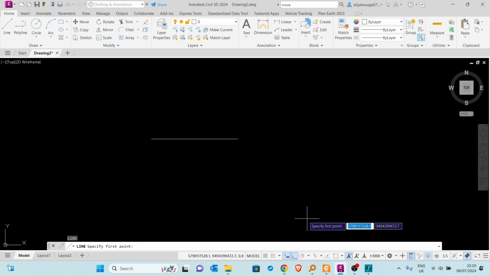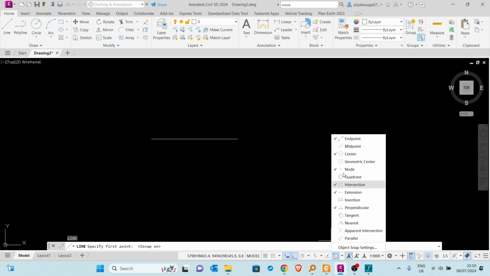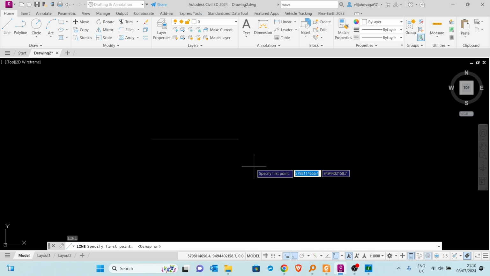And another option that you need to know here is called the OSNAP. So different objects can snap onto different sections of another object. For example, we look at this list. We have the endpoint, a midpoint. So the snaps that are checked here, we are able to snap onto them if we are starting a new command, for example. See those grips that are now showing? We are able to snap onto the end once I turn on the object snap. If it's not there, you cannot. So if I turn it on here,